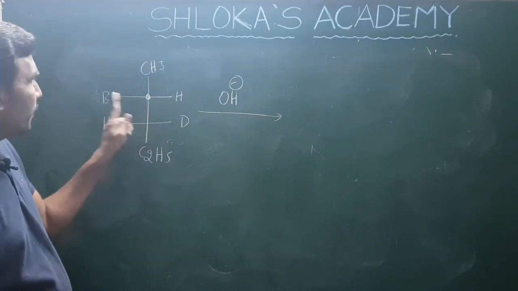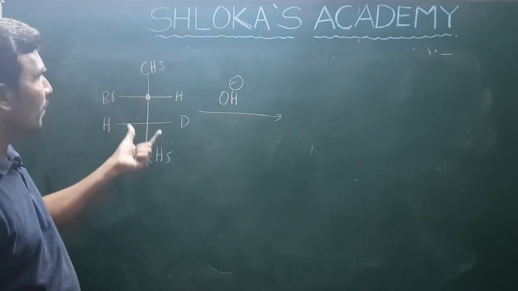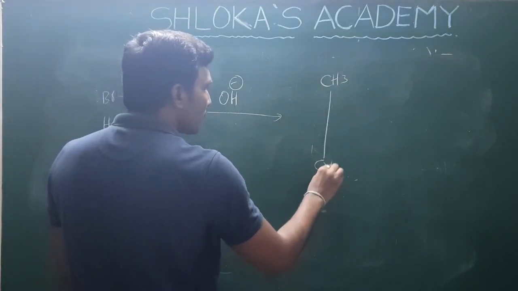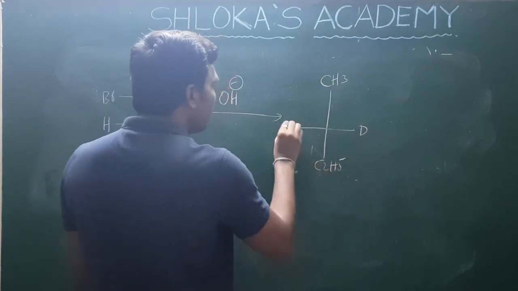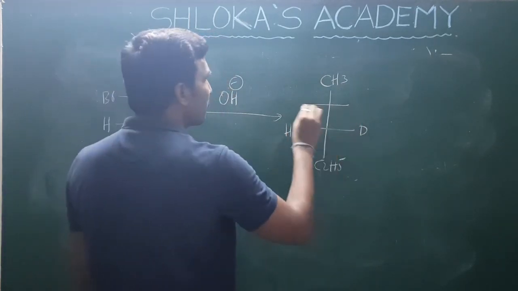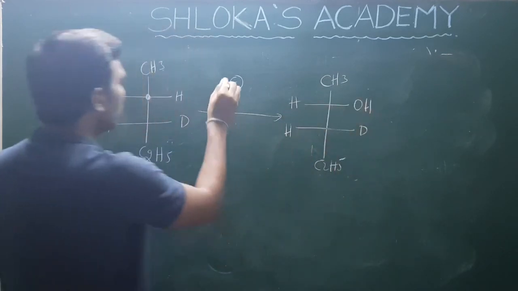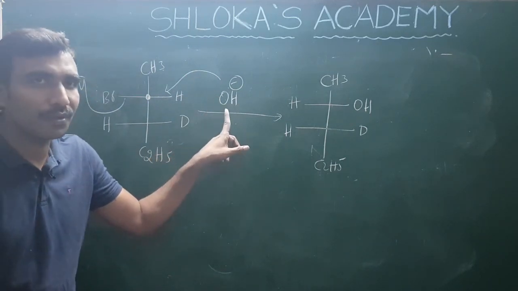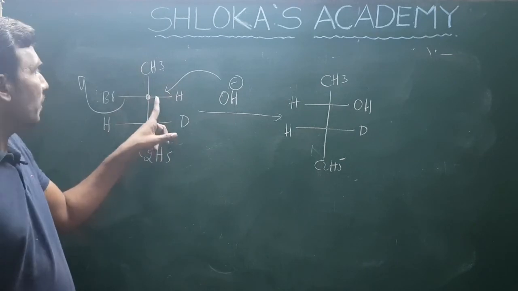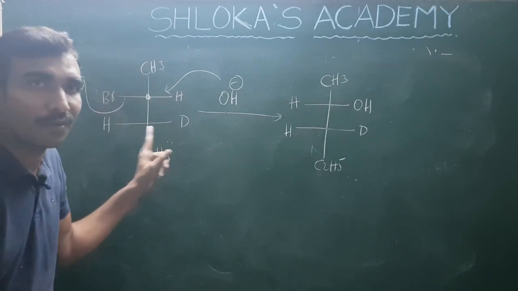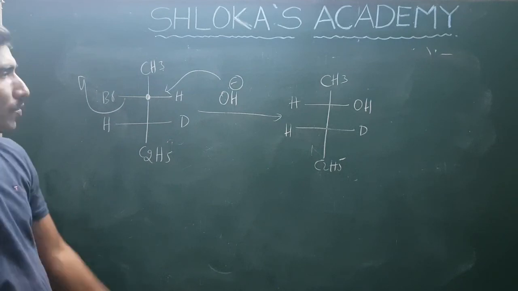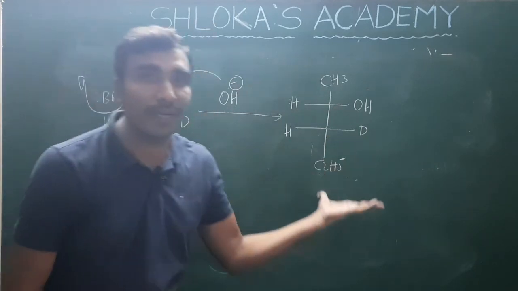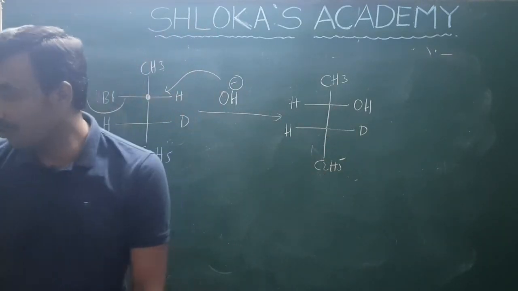Here Br is in the Fischer projection formula. The entire product will be the same as it is; you write CH3, C2H5, D, H. In this part there is no change, we have just changed the position. Exactly opposite to the leaving group, the nucleophile will always attack directly. So this is how they can be involved in nucleophilic substitution. If you started with R configuration, you will get S; that is, the inversion product will dominate.